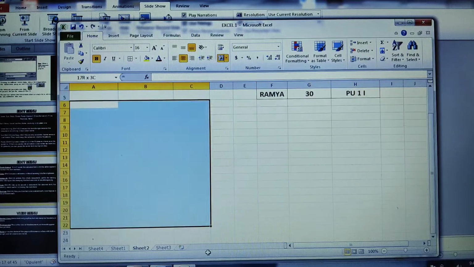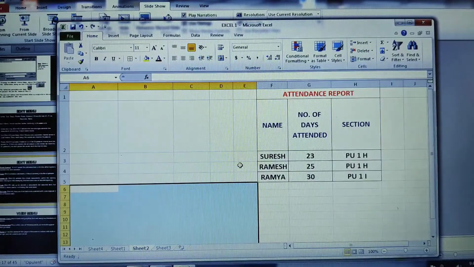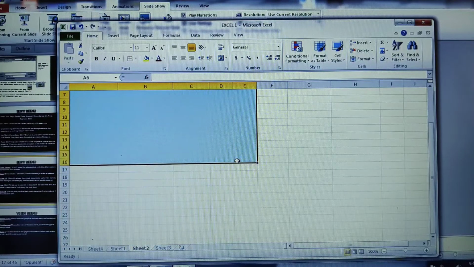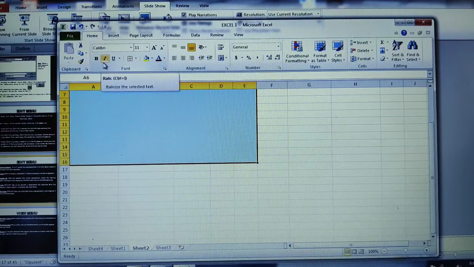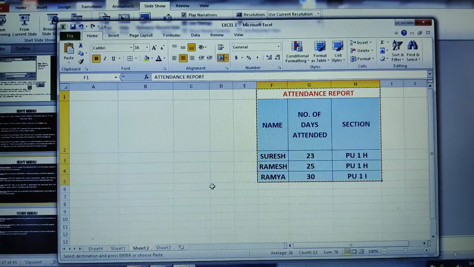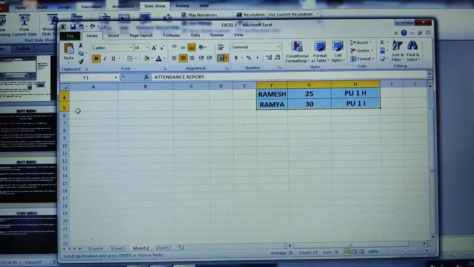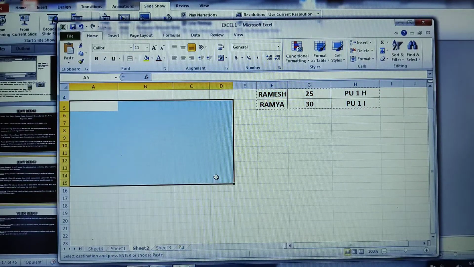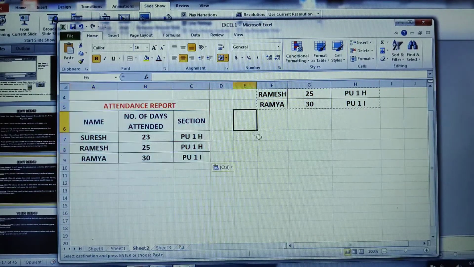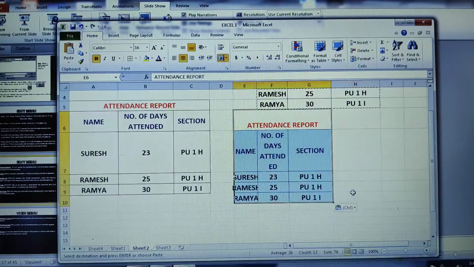Here again I'll select the content and go for the paste option. Again I have copied it, and you can go for the paste option as many times as you want.